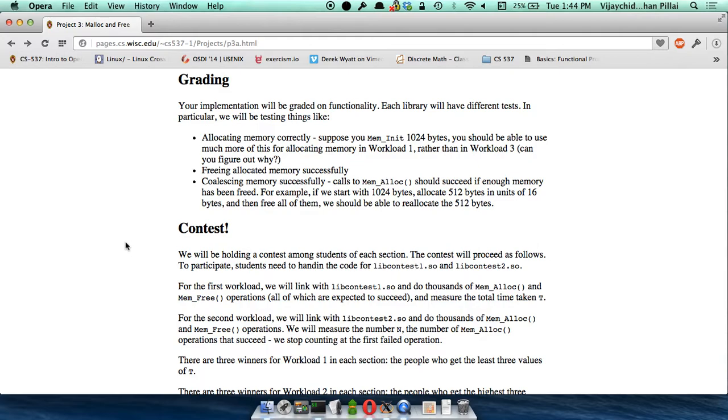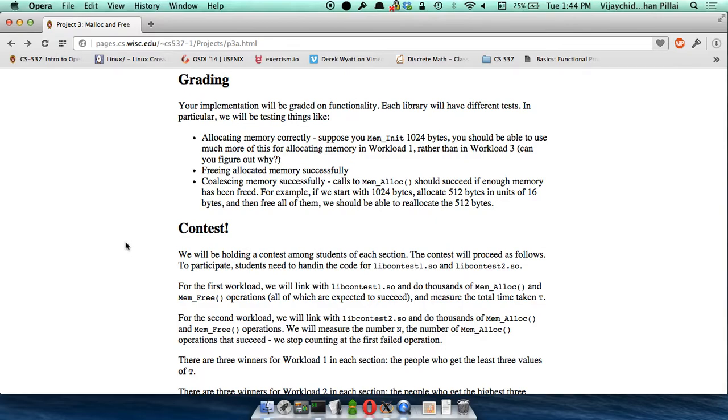You're going to submit code for 3 different shared libraries corresponding to each workload. Now you are quite welcome to submit the same thing, but you will fail all the tests because we have different tests for different workloads. The expectation is that for the first workload, you should be able to use a lot of space. The overhead must be really small because it's all going to be 16 bytes. Think about how you can use that.